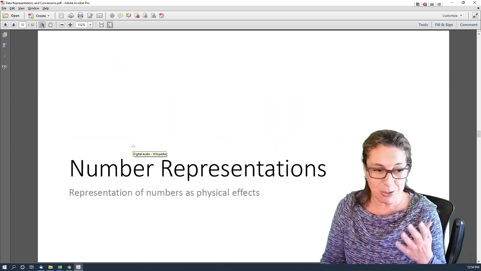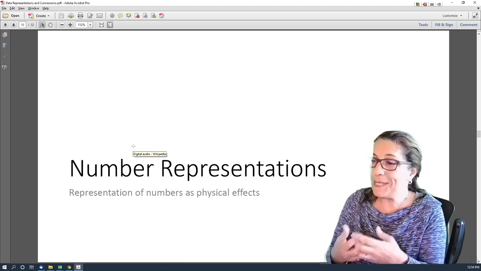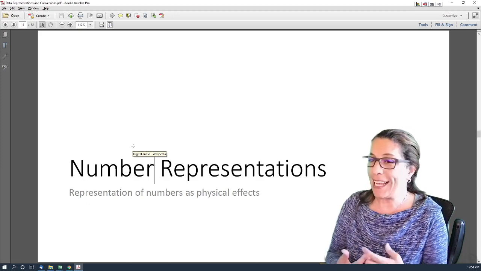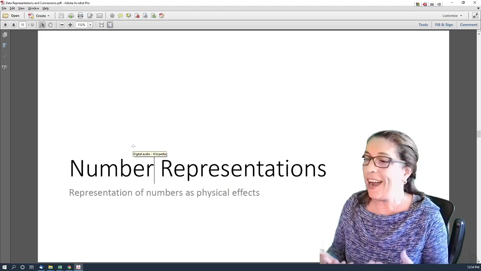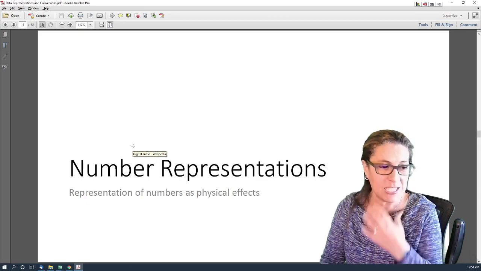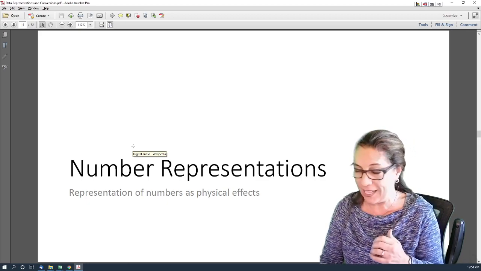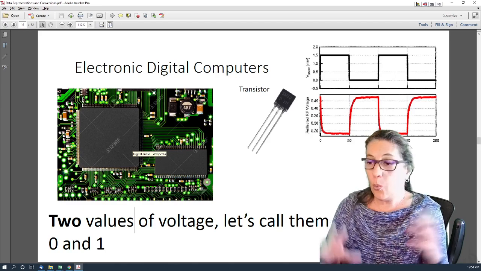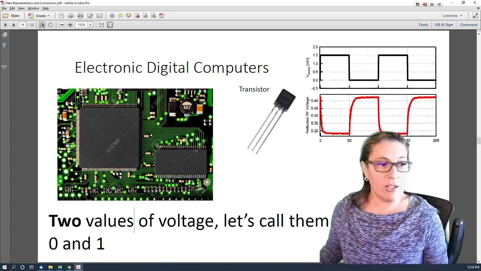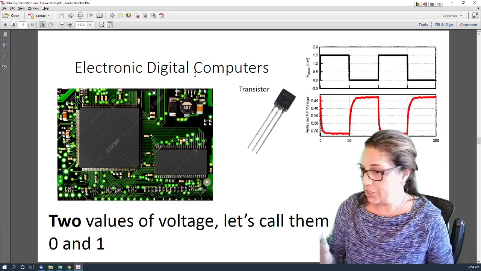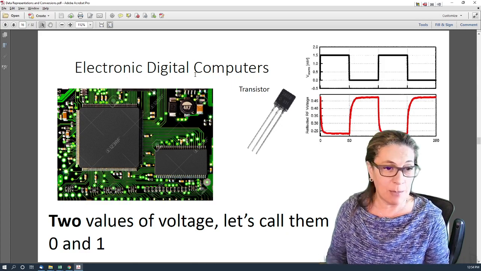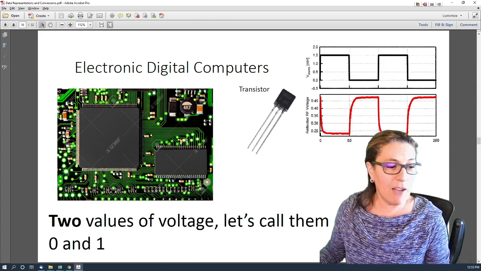It's not just the abstract thing, but now that we have numbers, how are we going to act on those numbers using physical hardware, right? That's the interesting thing. So the number representations are representations of numbers as physical effects. In this technology of electronic digital computers, of which the machine that you have worked with for Project One is a good reliable model, you have basically